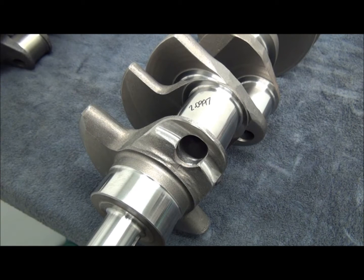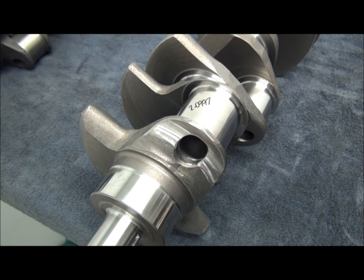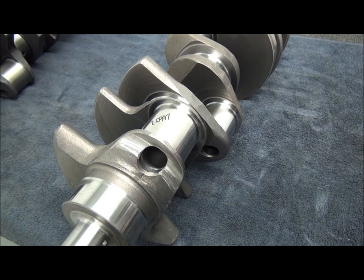In this video, what I got out is, I drug out a Scat 4-inch stroke cast crank, 3-inch main. So I want to talk real quick about these stroker cranks for the big inch Windsors. This would be a 4.030 bore, let me back out a little bit, 4.030 bore, 4-inch stroke would be a 408, 408 cubic inch, probably the most common